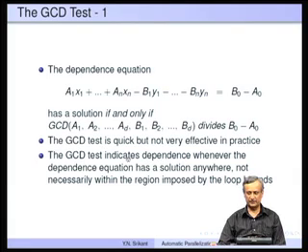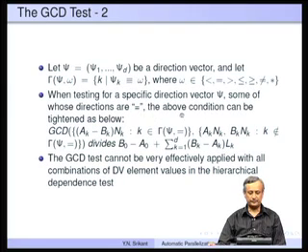The GCD test is very quick, but not very effective in practice. We will see that very soon. It indicates dependence whenever the dependence equation has a solution anywhere, but not necessarily within the region imposed by the loop bounds. This is the major problem. When we have a direction vector available and we want to test for a particular direction, that is possible. Only the equal to direction can be